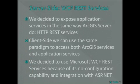WCF REST Services on the server side. We have a great example of services exposed to the client side: ArcGIS Server via REST services. And we decided to expose our application services, like the geocoding one, in the same way. So we used the WCF REST services in the same way ArcGIS Server exposes its REST services. So client side, we have the same experience in both calling and accessing ArcGIS REST services and our specific application services. And we decided to use WCF REST services because there is no configuration, okay, and it's fully integrated in